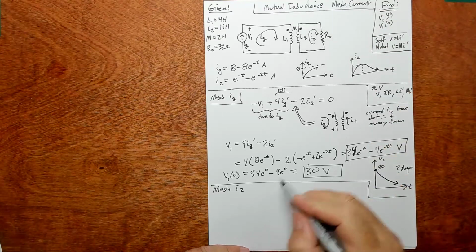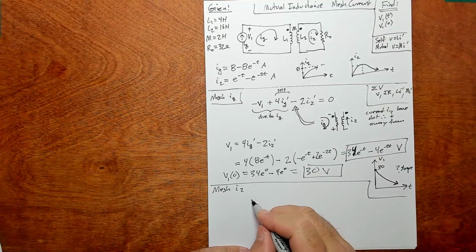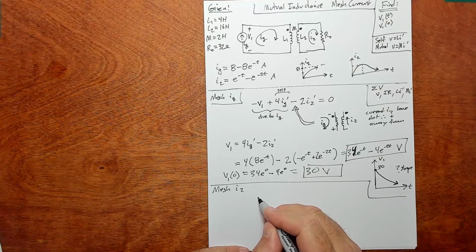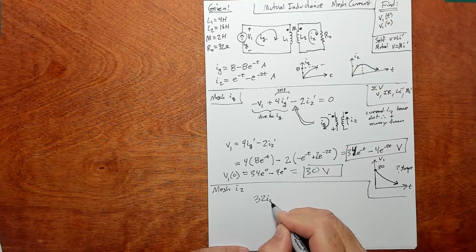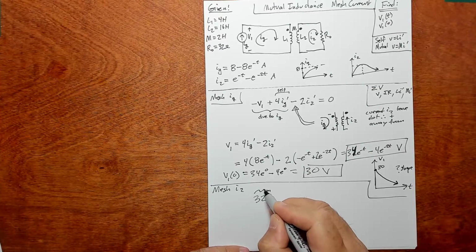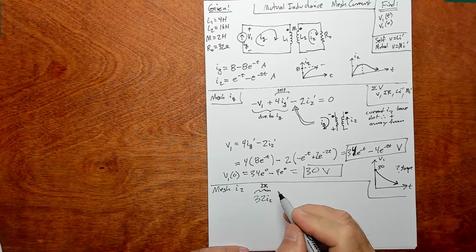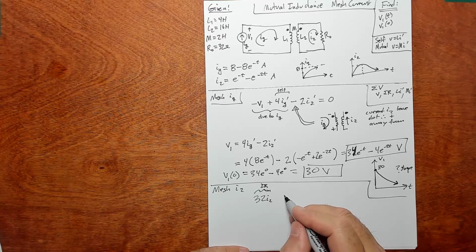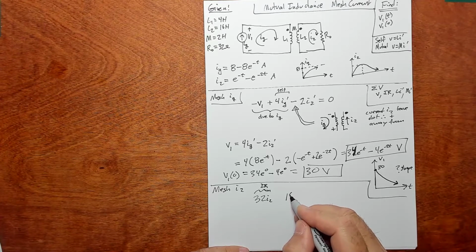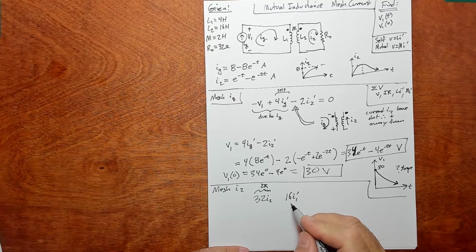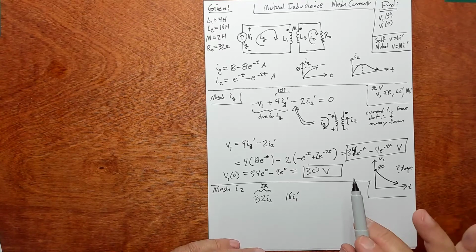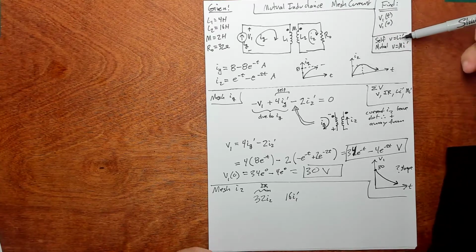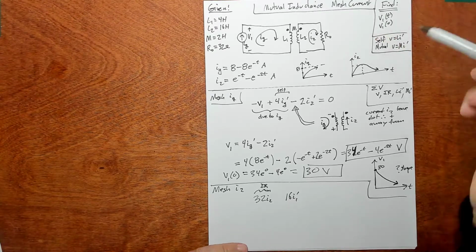So going around the loop, you've got 32 I2. This is just the IR term. This is the Ohm's law term. And then you've got the self-inductance, which is going to be 16 I1 prime. That's the self-inductance. And the sign on that, here we're doing self-inductance, so the dot doesn't matter. It's the sign on that